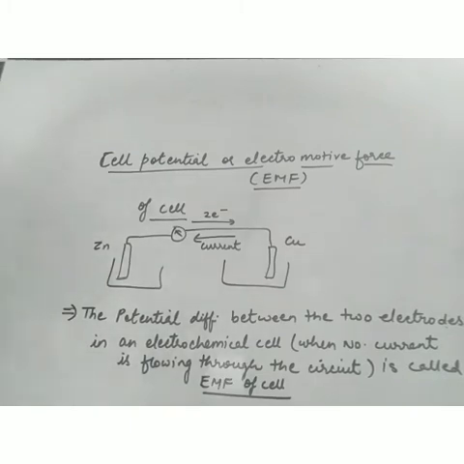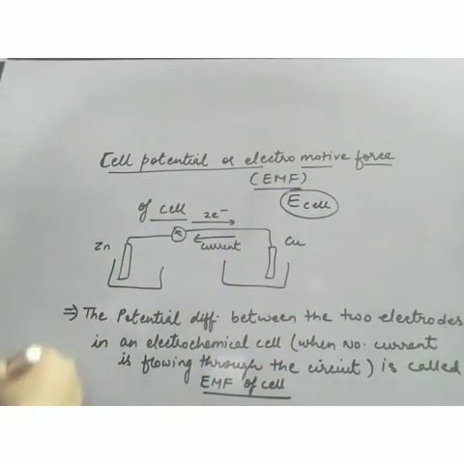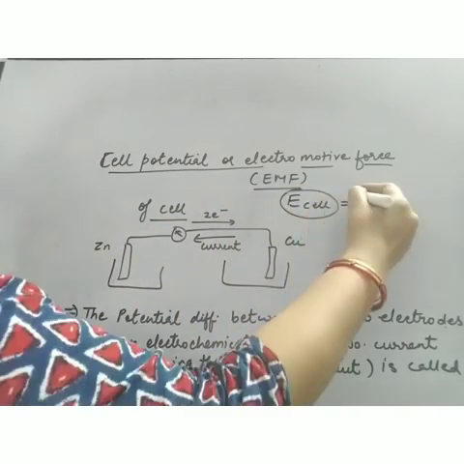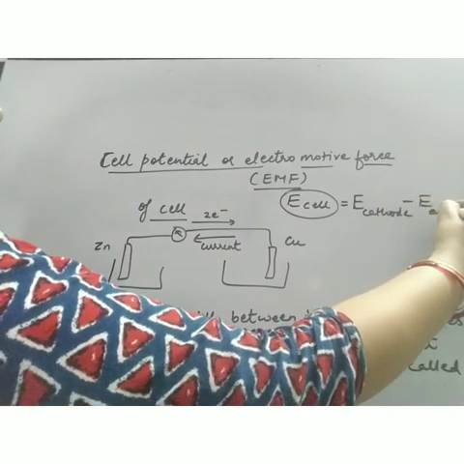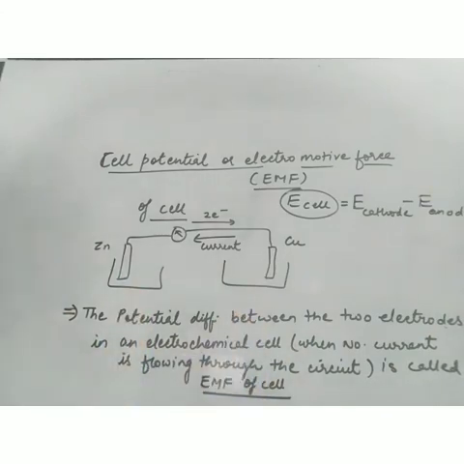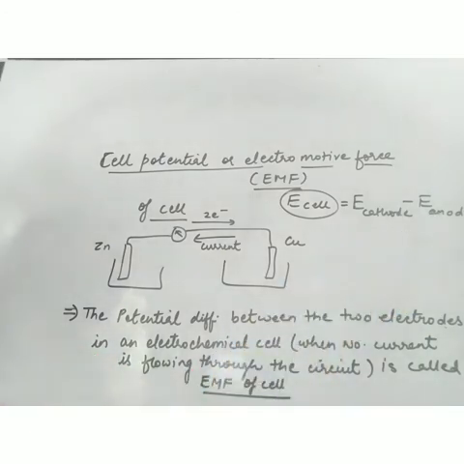Now how do we find out the EMF of a cell? We have a formula. It is represented by the symbol E cell. This E cell is the potential of the cathode, which is at higher potential, minus the potential of the anode. So this is a way to find your EMF or cell potential: higher potential minus lower potential, and this E cell should always be positive. If it is coming negative or zero, then no current will flow in the circuit. Or we can also say that EMF of the cell, since whatever potential we are calculating is reduction potential, is the reduction potential of the cathode minus the reduction potential of the anode.